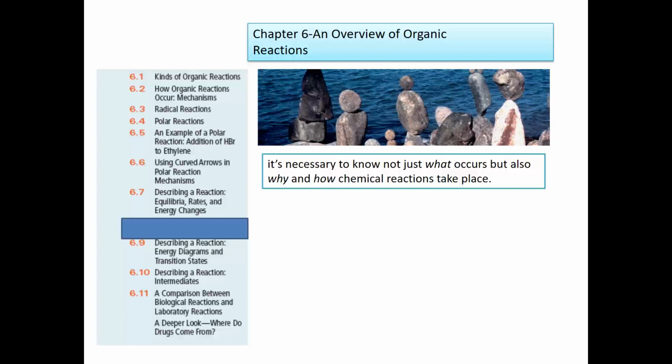An example of a polar reaction: addition of HBr to ethylene, using curved arrows in polar reaction mechanisms, describing a reaction: equilibria, rates, and energy changes, describing a reaction: energy diagrams and transition states, describing a reaction: intermediates, and then we will do a comparison between biological reactions and laboratory reactions,